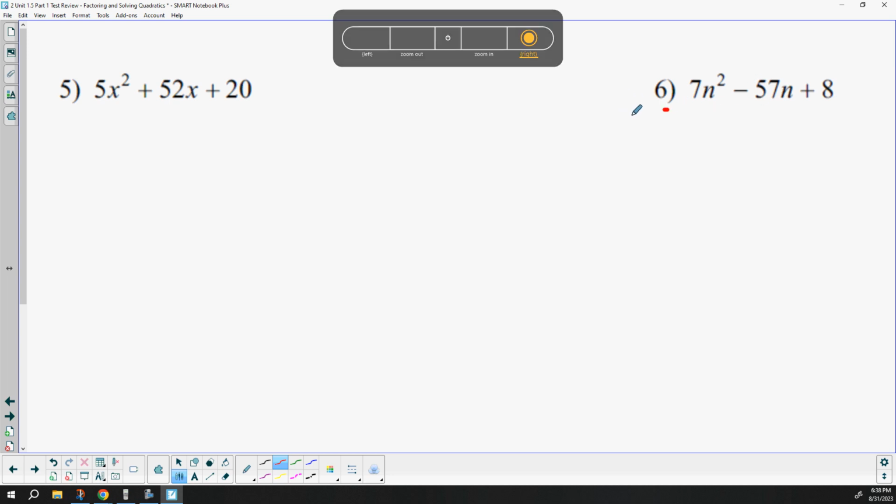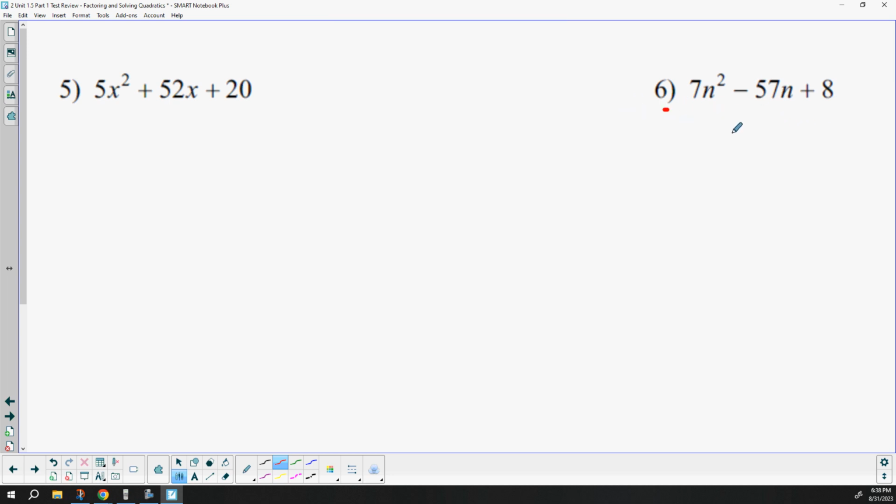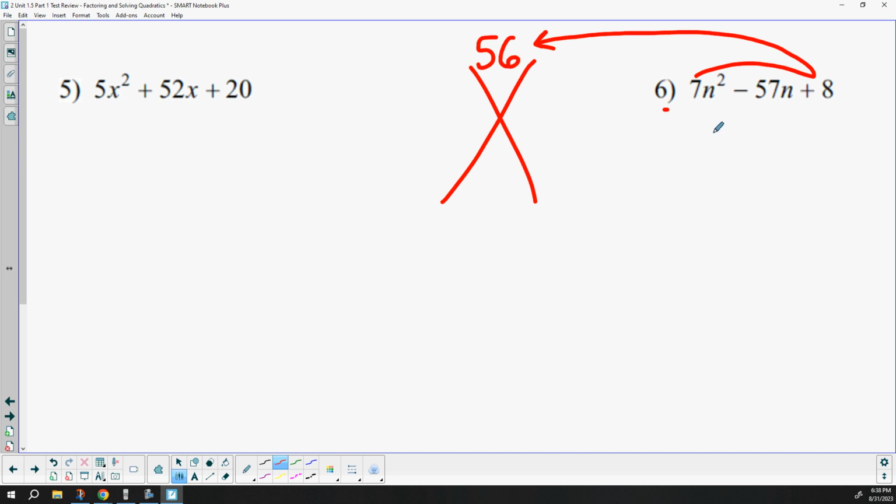6. It is a trinomial. It is in standard form already. And, did you say it was a trinomial? I think I did. And there's no greatest common factor. That's right. Standard form, greatest common factor. We're good to go. Multiply the 7 times the 8, and we get the 56. Negative 57 on the bottom. That's right. 56 and 1, but they both got to be negative. Two negatives make a positive. Check. Negative 56 minus 1 is a negative 57. So n minus 56,